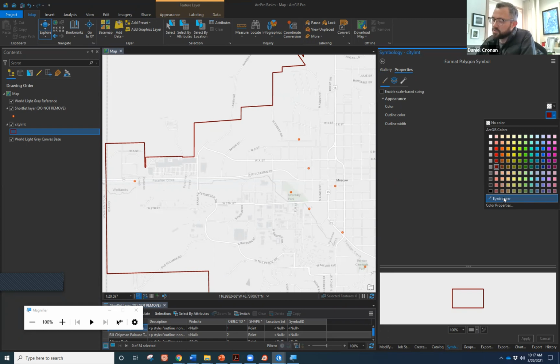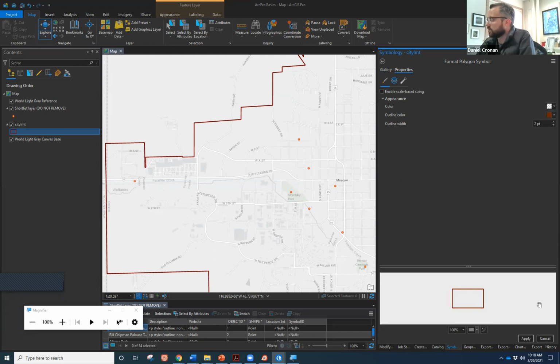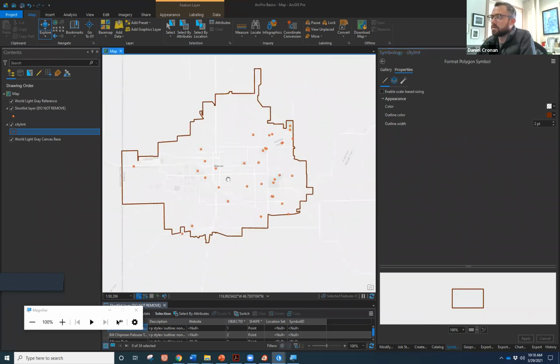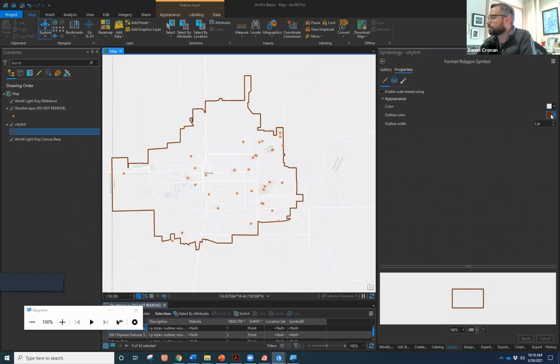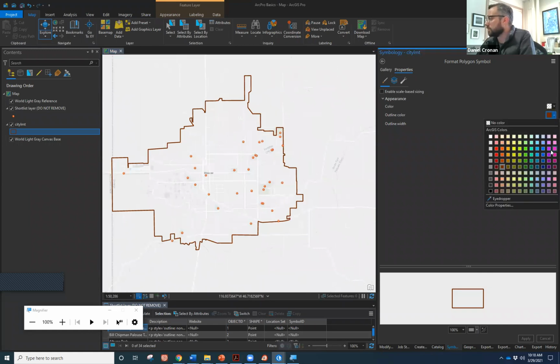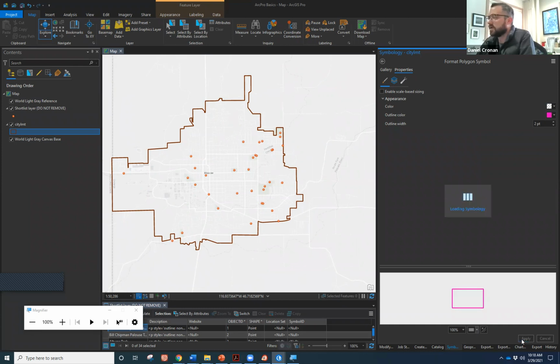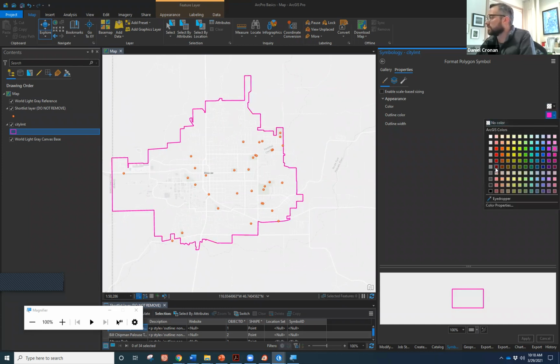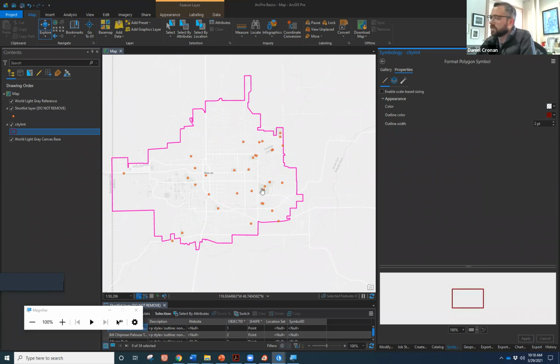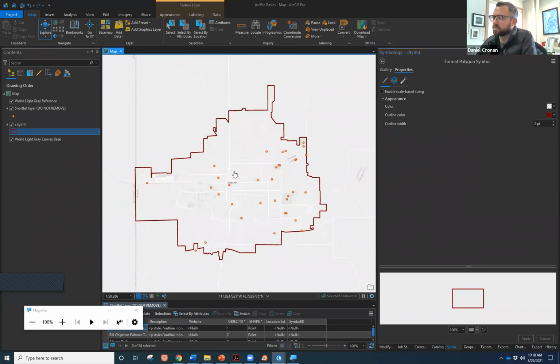You can also use hex codes and RGB values through the eyedropper if you'd like as well. So I'll just select this cherry wood brown and I'll go ahead and hit apply. A slight difference, but that's going to apply to this symbology. So now all of that has been changed. Let's just make something, I'm going to use this pink and then switch back, just to show you